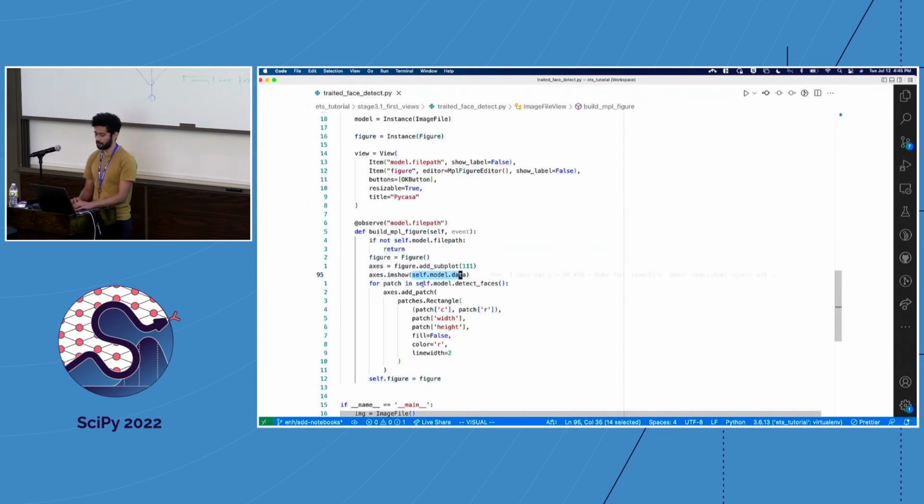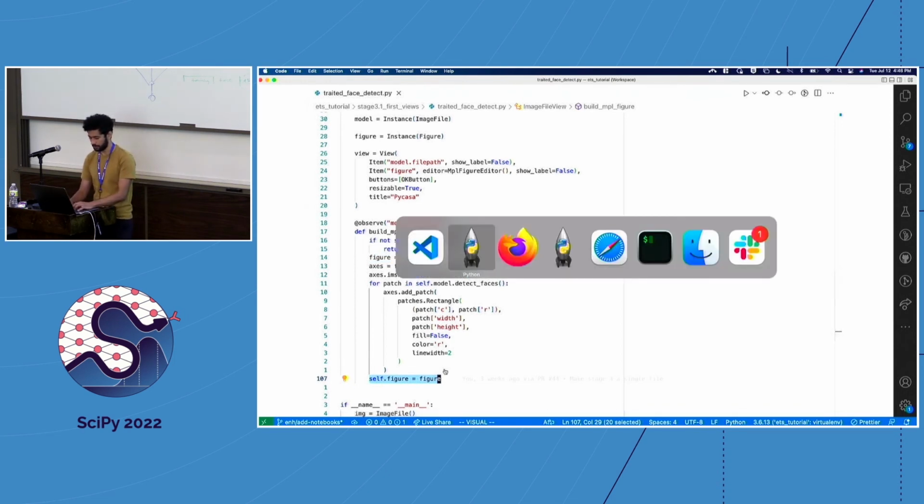And then, so this is interesting. Here it's calling detect faces on the image file, which compiles the list of faces inside the image. And then it's adding rectangles corresponding to each of those faces to the axis. Yeah, so hence the figure. And then it updates self.figure to be figure. So if we want to see this in action,